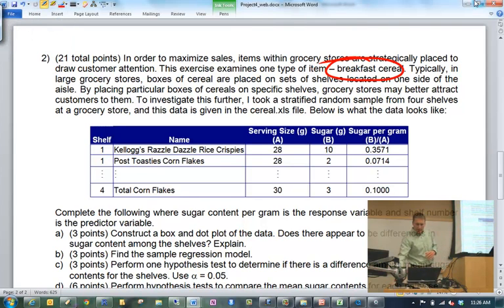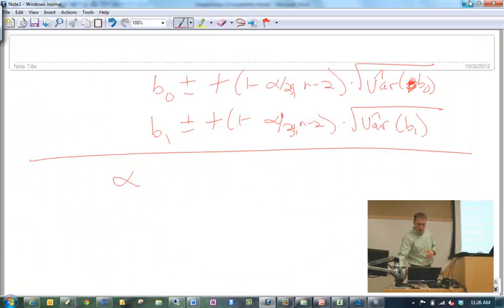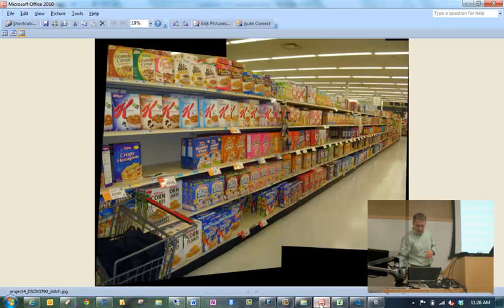Typically in large grocery stores, breakfast cereal is arranged in one aisle on one side, and you have maybe 4 or 5 shelves of breakfast cereal. This is in particular the aisle at the Hy-Vee at around 27th and Superior